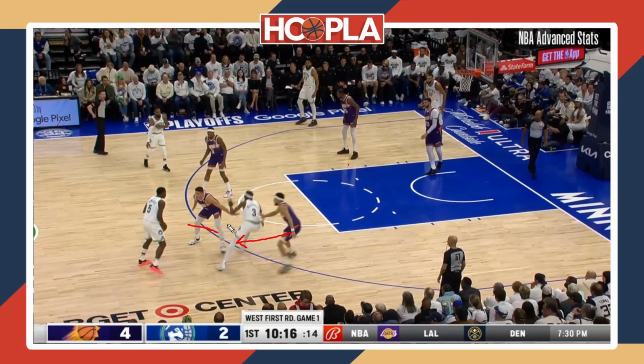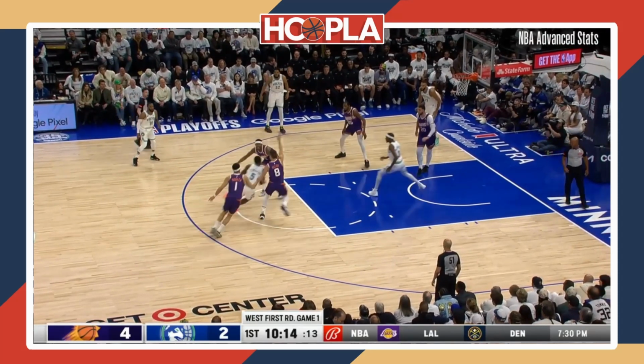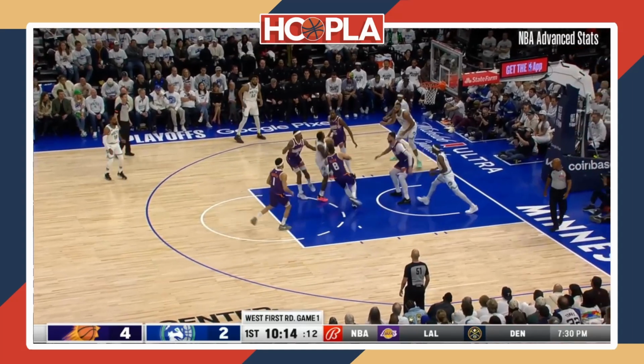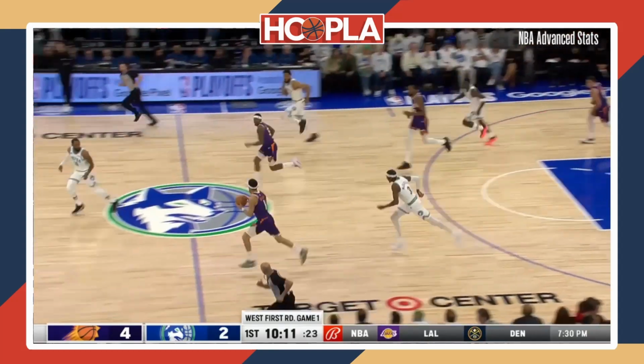Grayson Allen is obviously on the ball. You've got Bradley Beal as another help defender. You've got Kevin Durant ready to help as soon as he drives, and you've also got Nurkic in the paint. So Anthony Edwards takes his ball to his left, attacks towards Bradley Beal. Bradley Beal helps. Here comes Kevin Durant. And at this point, you almost have 5 people in the paint. And it forces him, he jumps off of 1 foot, gets stuck in there, and it forces a turnover that Kevin Durant steals, and they go in transition.